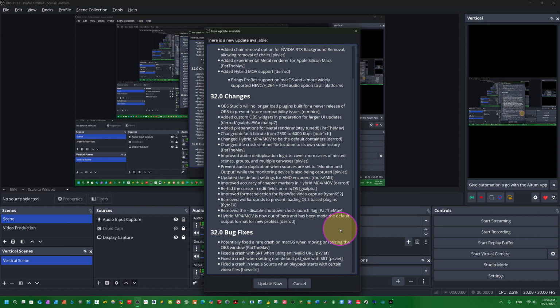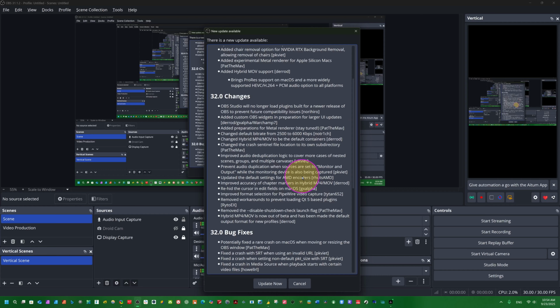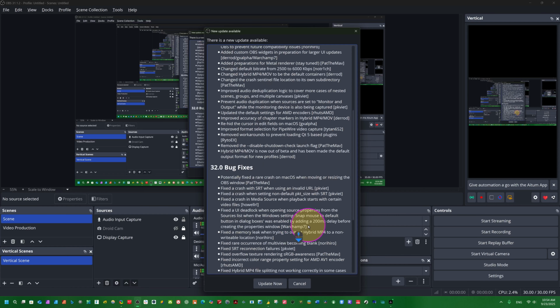It was in beta for a long time. Now it's the default. So let's see this setting, and after that we will record. We will see the best settings of OBS Studio, how to record in OBS Studio with the best possible settings. All parts are very important. Don't miss any part of the video. Don't forget to subscribe to the channel.